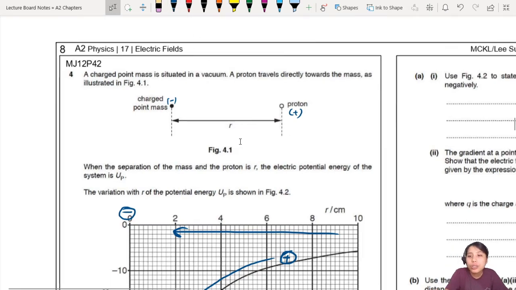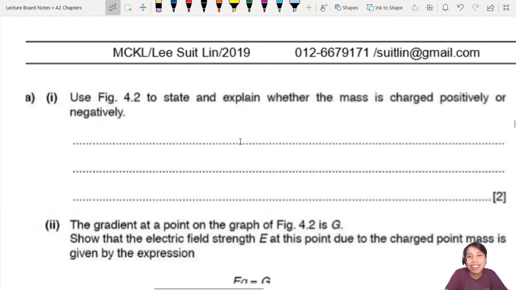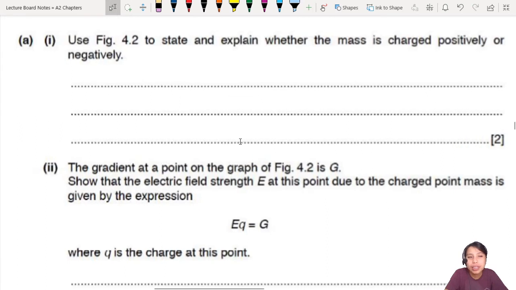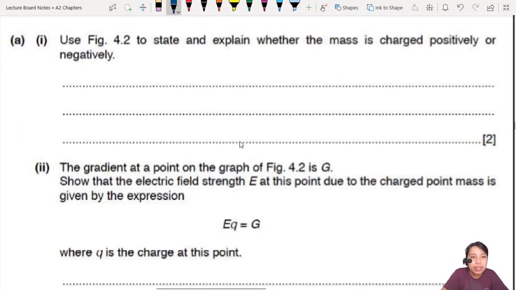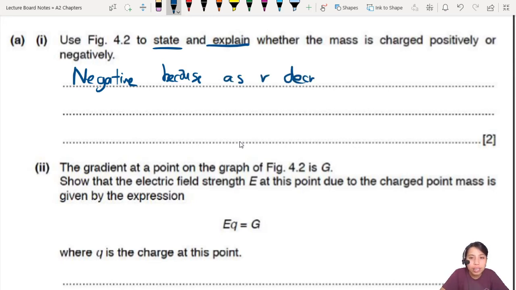Okay, so we have to state and explain, right? We can't just say, oh, it's negative. 2 marks, man. What are we going to do? So we can say negative. That's kind of stating the answer, but you need to explain as well. So negative because you can talk about the sign of the change in potential. So because as R decreases, they're getting closer and closer, potential, I'm going to save some space here. You should write out the whole thing, but I'm going to say potential energy decreases